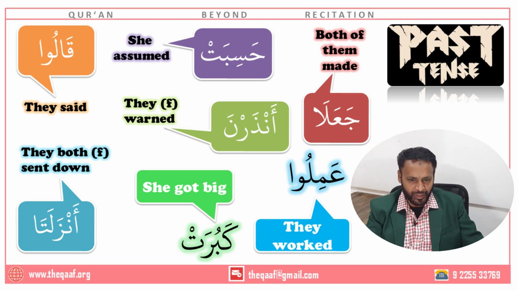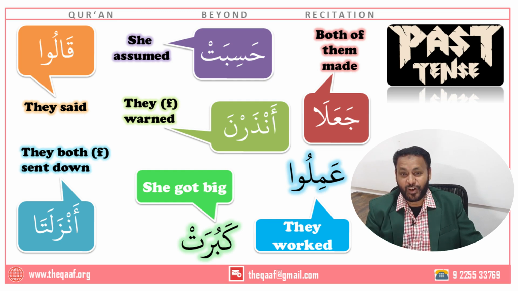Right? Here's the next word. Ja'ala. Ending with alif. That's a sign of dual. This is the second word of the table. Nasara, nasara. Dual, which means both of them. Both of them what? Well, ja'ala means to make, and the past tense of make is made. So they both made. Both of them made.